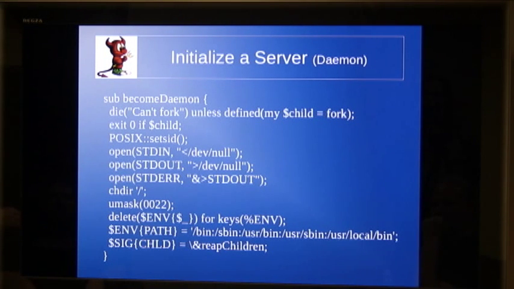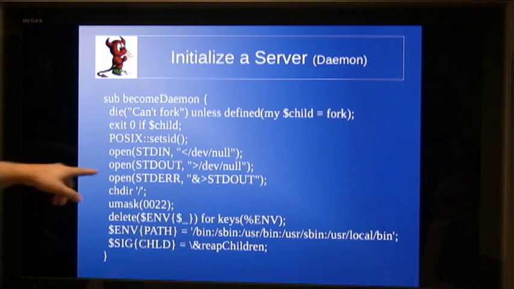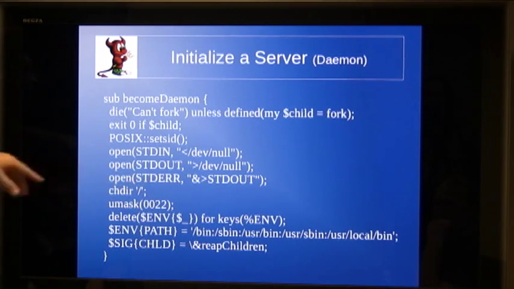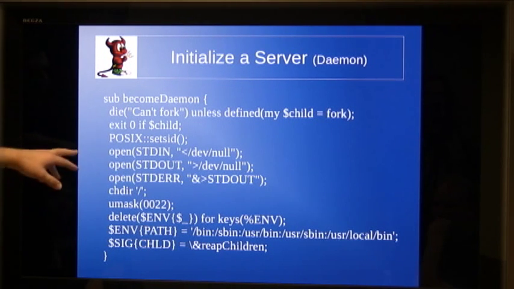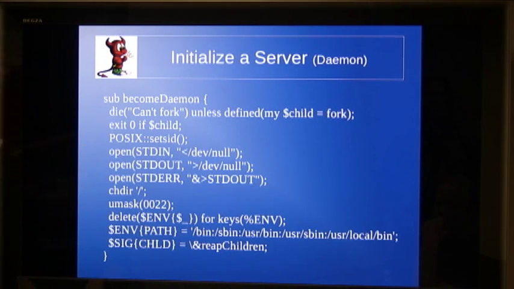Go ahead. Am I right in saying that basically ties standard error to standard out, which is tied to /dev/null? Correct. Okay. So yeah, it would be the same as having /dev/null there again, but this way I only need to comment one line out if for some reason I need to see what in the world's going on. Okay. Then the next thing we need to do is change the directory to root, and this is basically